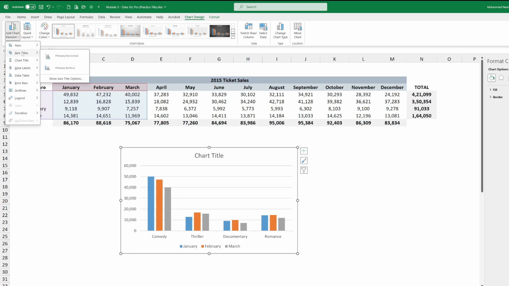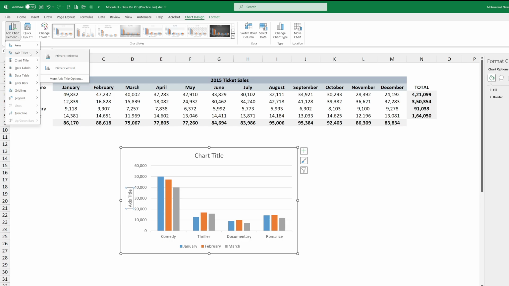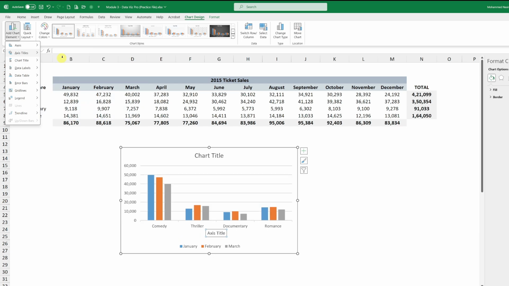Then there is Axis Titles. A title means what represents this data. So if I click here Primary Horizontal, then it is giving us an axis title. Now I can edit this axis title by double clicking, or Control A to select all, and then you can name it as Movie Genre